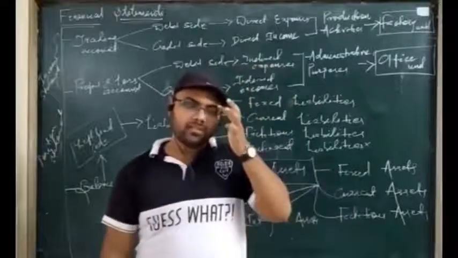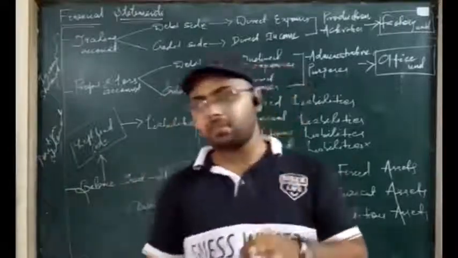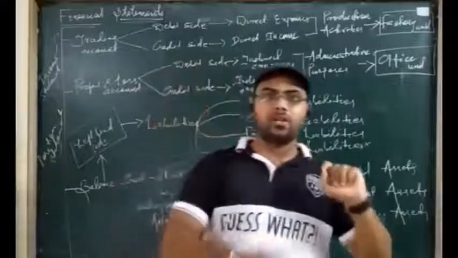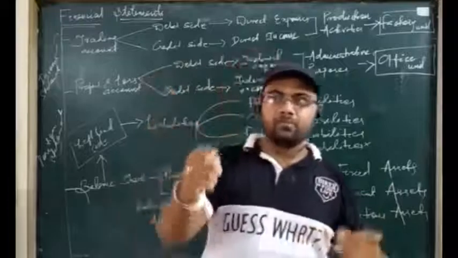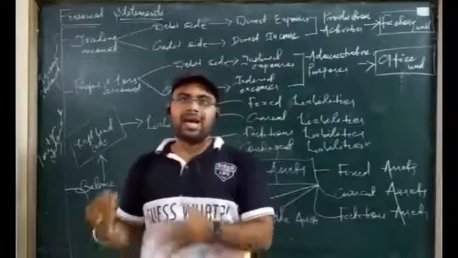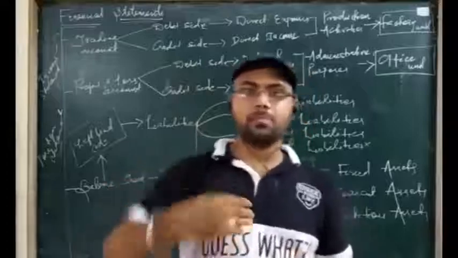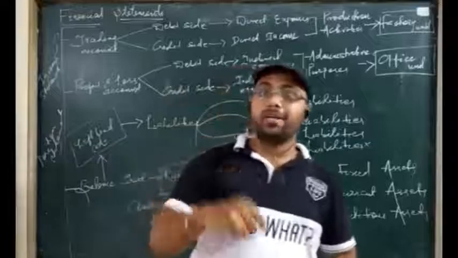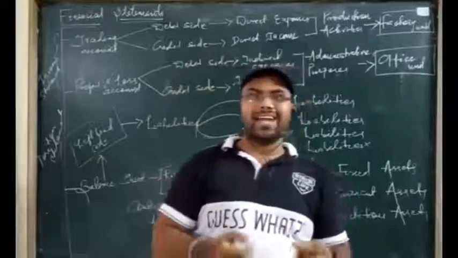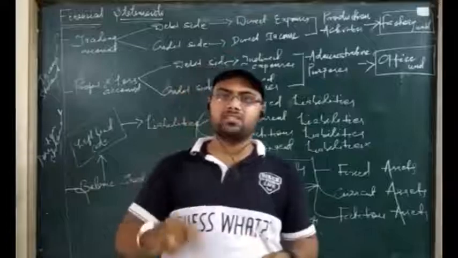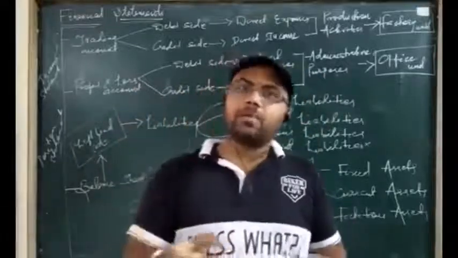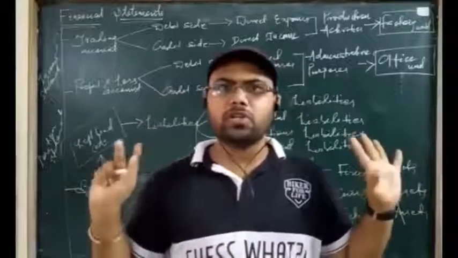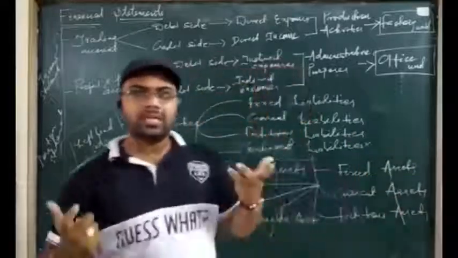So contingent liabilities may take place in business organization, but you don't record them in the liability side of balance sheet, but in the asset side of balance sheet by way of reduction from a particular asset. Now we have not come across certain items regarding contingent liability. When it comes in the problem, I will explain again properly with the necessary effect and treatment. But coming to contingent assets, it has very less chance of occurrence in the business, that is 0.001. So contingent liabilities may occur in the business, but contingent assets have almost no chance to occur. Very less, 0.01 or negligible chance for occurrence of contingent assets.